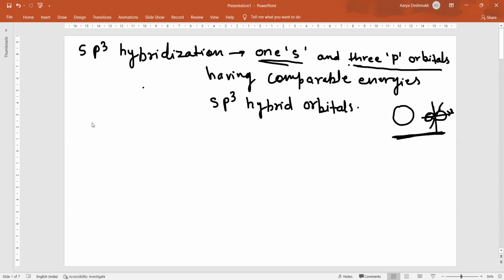Now they have one large lobe and one small lobe. When the hybrid orbital is formed, they are at an angle of 109 degrees 28 minutes with each other in space. Now we'll see diagrammatically how this forms, how the one s and three p orbitals having comparable energies mix together or recast themselves to form four hybrid orbitals. This is the s orbital,